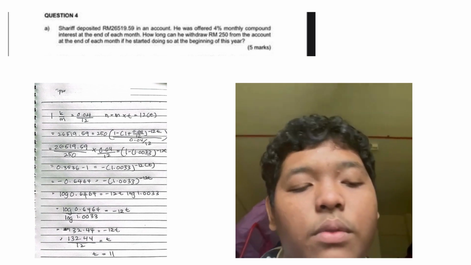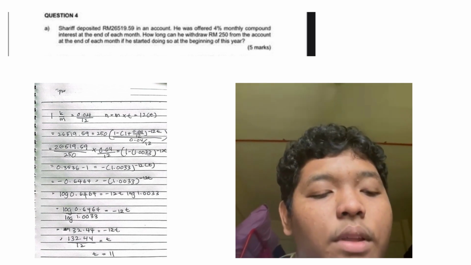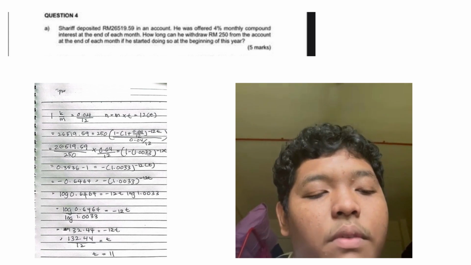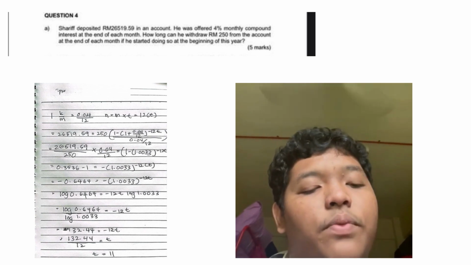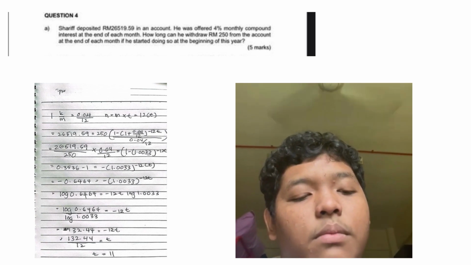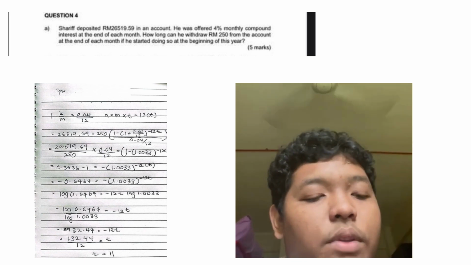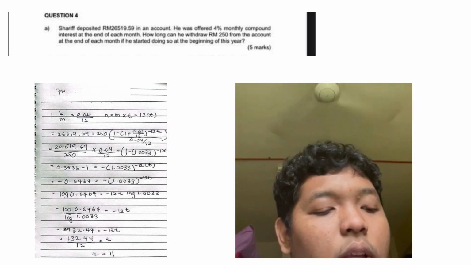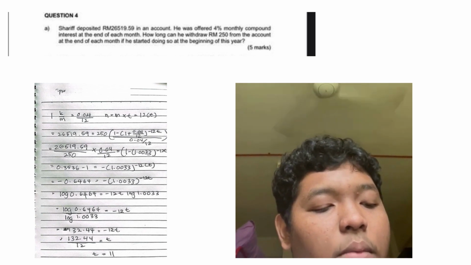We move to the left side and we divide with 26519.59 there and multiply 0.04 divided by 12. Okay, from the bracket there we move them outside the bracket. So next we are going to divide them, and the answer is